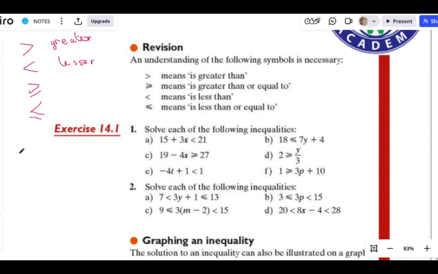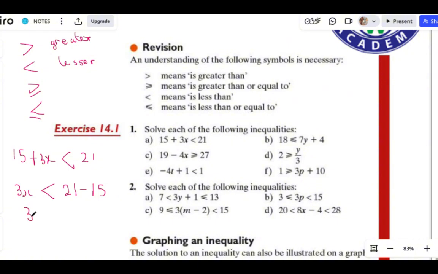For example, if we have 15 plus 3x is lesser than 21. So what we do in inequality, we collect like terms. We move this 15 to the right side, so we have only 3x on the left side. 3x will be less than 21. Moving 15 from the left to the right, it becomes negative 15. So 21 minus 15, we get